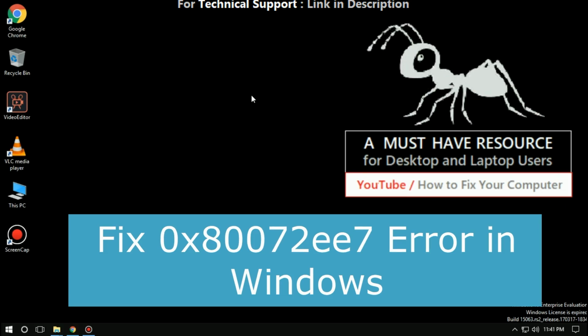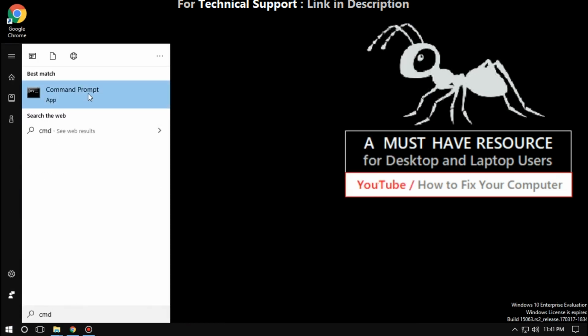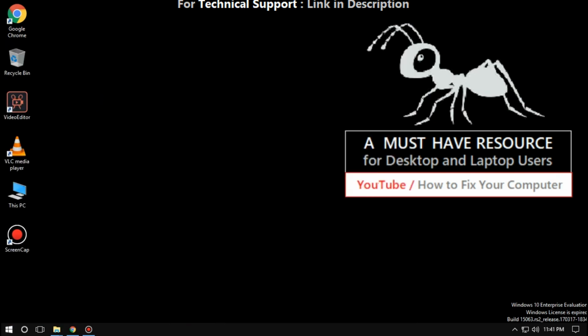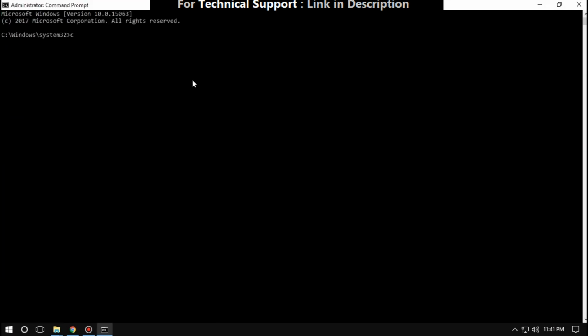I'm going to show you how to fix 0x80072ee7 error in Windows. So go to Start and type cmd, right click on it and run as administrator. It will open command prompt. Now type this command